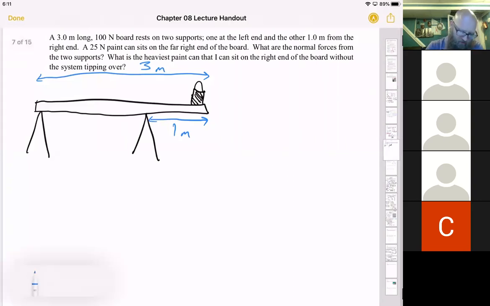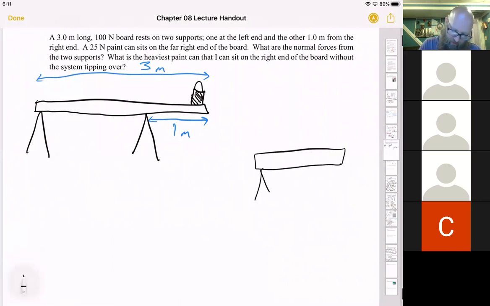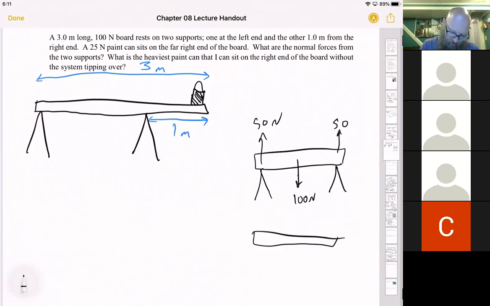You could imagine a simple situation where it's pretty obvious by symmetry that each is supporting half of the weight. Like if you had a board supported by each end and it's a uniform board, if this has a weight of 100 newtons, pretty clearly each of these is supporting 50. But if you moved those, one like over here, now it's not entirely clear. I have a gut sense that this one is supporting more than that one because it's closer to the center